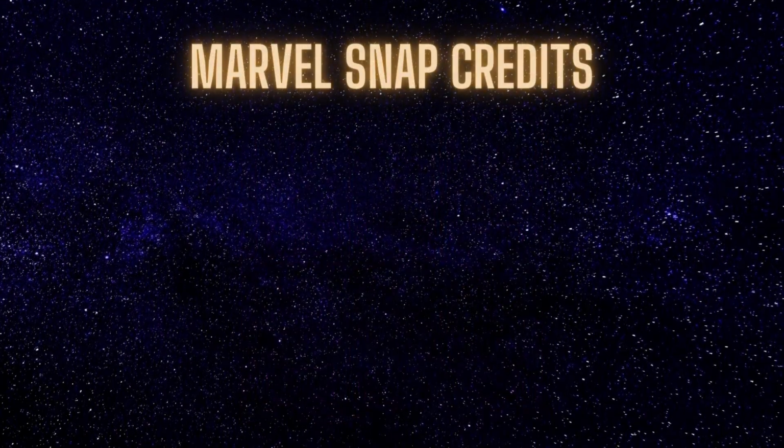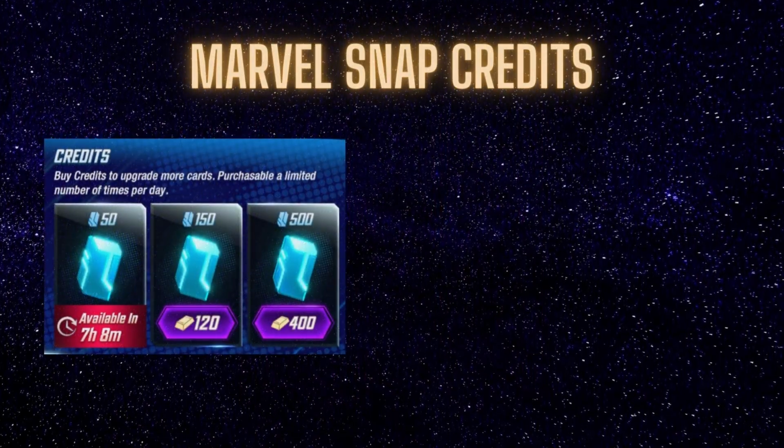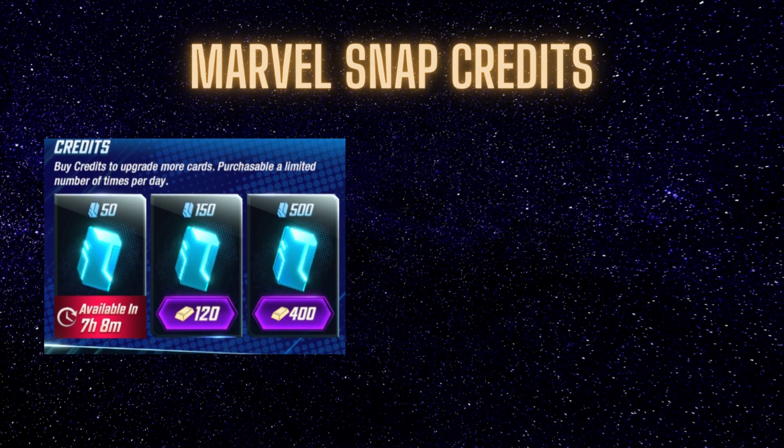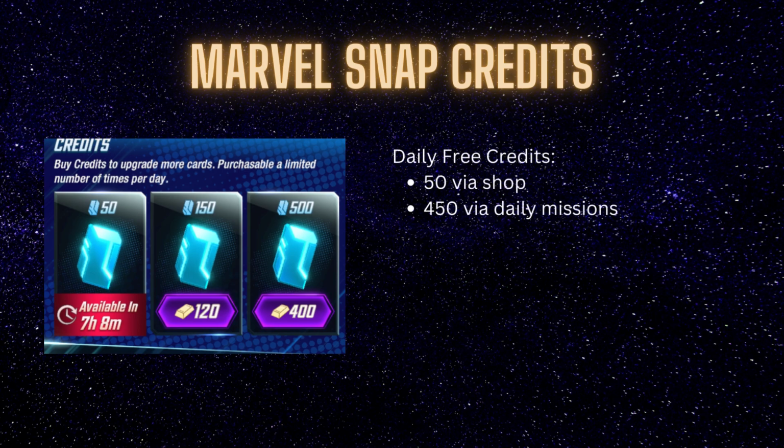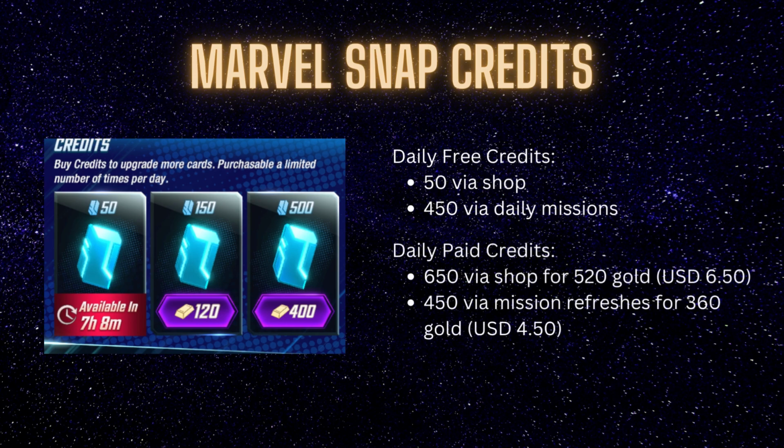Our second in-game currency is credits. These serve as the main currency to progress your account by upgrading cards, thereby increasing your collection level and unlocking collector's reserves that contain a variety of different rewards. Players are given 50 free credits daily just for logging in, and up to 450 for completing the daily missions. Further credits can be purchased with gold, up to 650 per day, for a total of 520 gold, or the